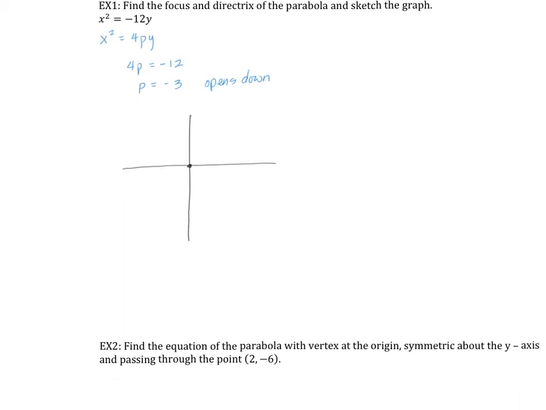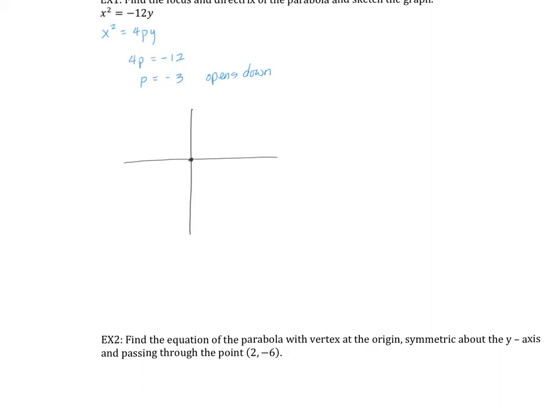So the focus is actually not on the parabola. It's going to be 1, 2, 3. It's going to be here. And then our parabola is going to open down. And I'm hand drawing this, so it's probably not going to look so good. So if the focus is at the point 0, negative 3,